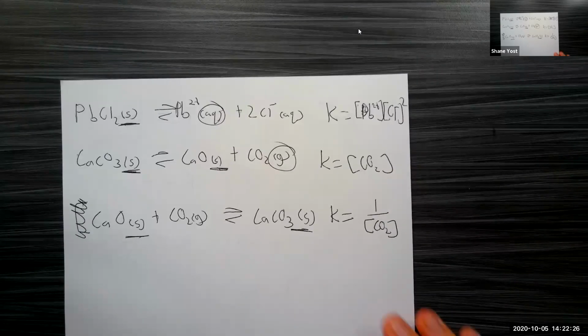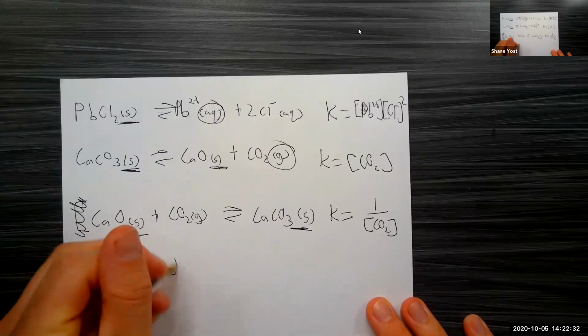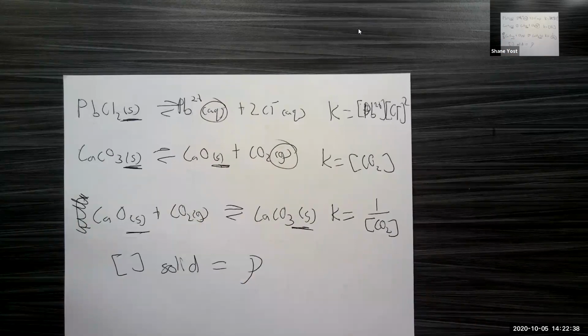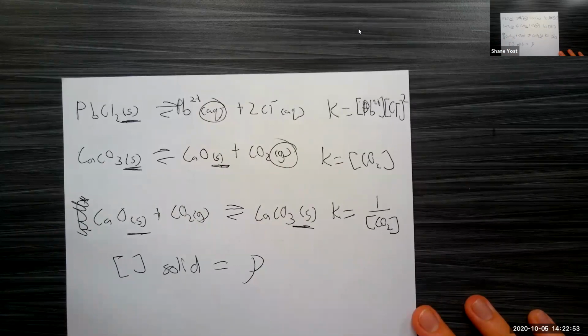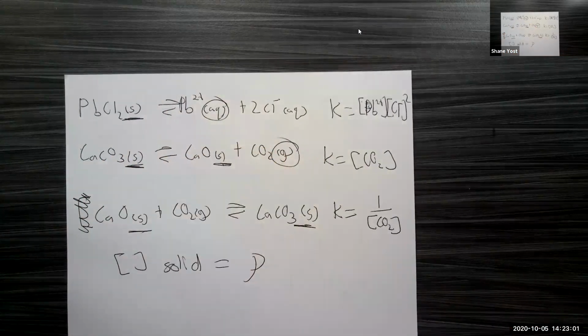And the reason we ignore solids and liquids is because the concentration of a solid is basically just equal to its density. You do some conversions of moles to grams using molecular weight, and the concentration is related to the density of the solid. Well, the density of a solid does not change as you use up some of that solid, so it's just a constant. During the course of your chemical reaction, the density of your solids and liquids does not change. But for the concentration of a gas, the volume that a gas occupies stays the same, even if I use up some of that gas. So its concentration will change.